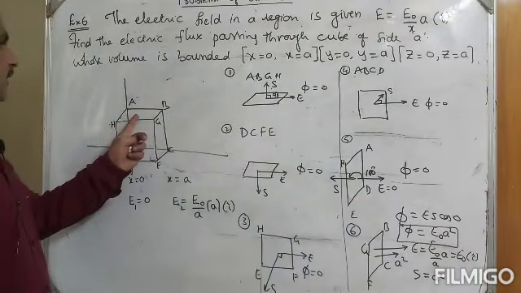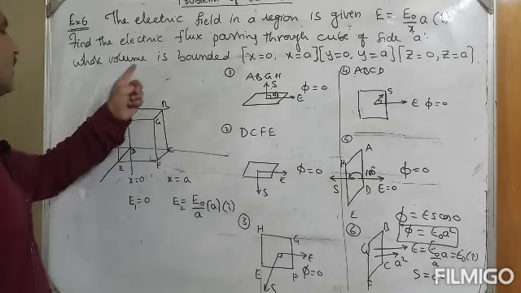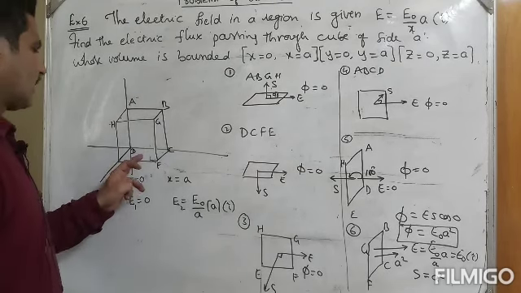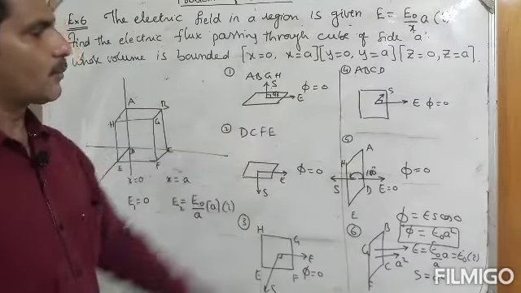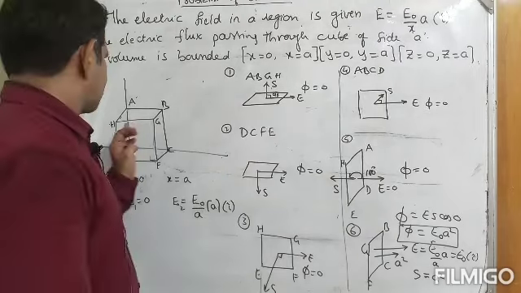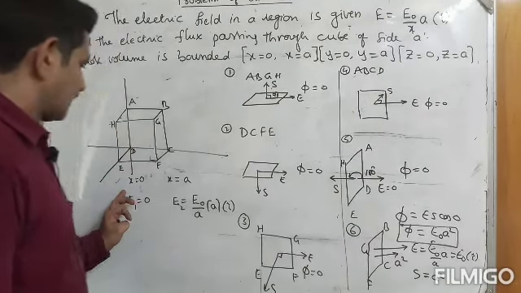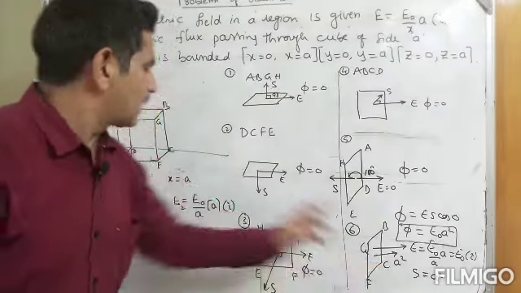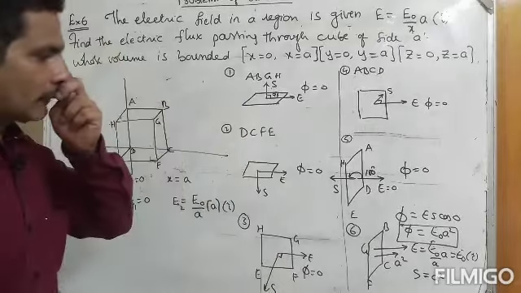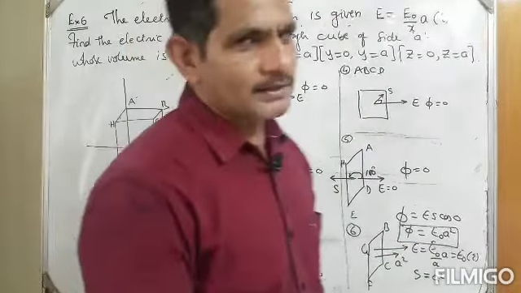So this plane cannot produce flux because the electric field intensity is in this direction and its area vector is in this direction, perpendicular. Like that, this one and that one. Four sides cannot produce flux, whereas this one can, but the problem is that the electric field intensity is 0 here. The electric field intensity is not 0 here, and this plane only can produce the flux E naught A square. I think you can understand, right?